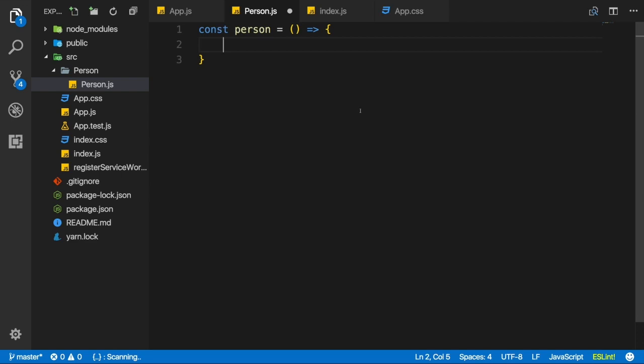Back to the syntax though. We effectively have a function here. And as I said, in its simplest form, a component is a function returning some JSX. So let's do that. Let's return some JSX. And we could simply return a paragraph here where I say, I'm a person. Now this alone creates a valid function which we could use as a component, but we also have to do